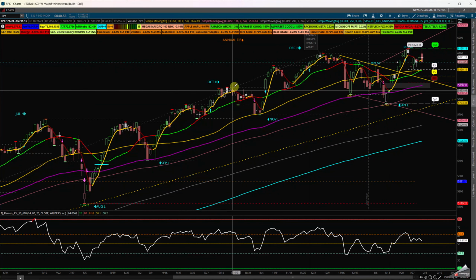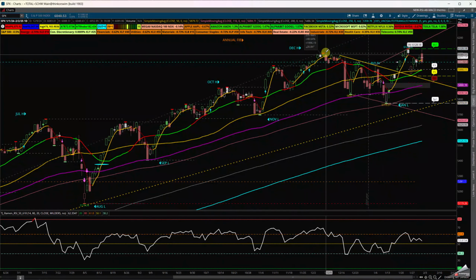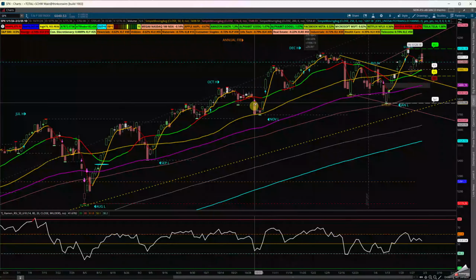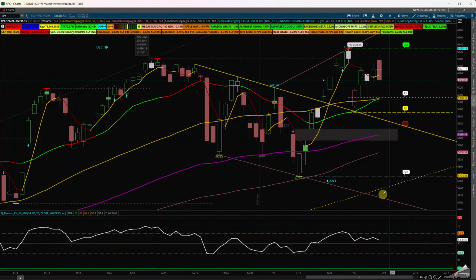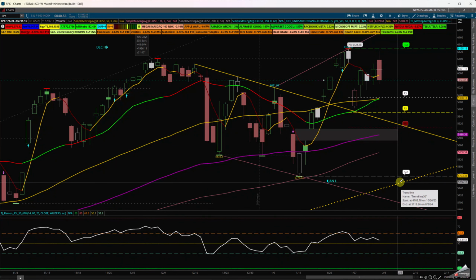So this consolidation in this area that happened in October, that happened in November, the rally, which is the high. These two areas are considered supply. These are control points, I consider them. Whenever you have a significant area, the line is longer. Whenever you have one that's less significant, it's shorter. This line was very significant up here. So we looked up, we filled this gap, and we failed on it. So for me, coming back down to fill this gap or the backside of this consolidation is okay, but